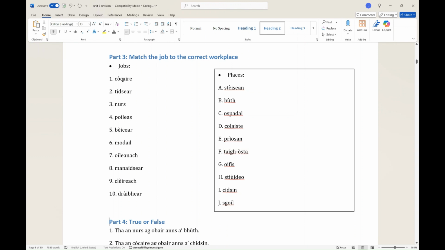So you can see we've got cookery with the kitchen. Okay, so this is the person who cooks. So ha cookery ans an kitchen. Ha teacher an school. So this should be an kitchen, an school. Nurse an hospital. Police an station as well, or maybe the prison. Yeah. Baker an